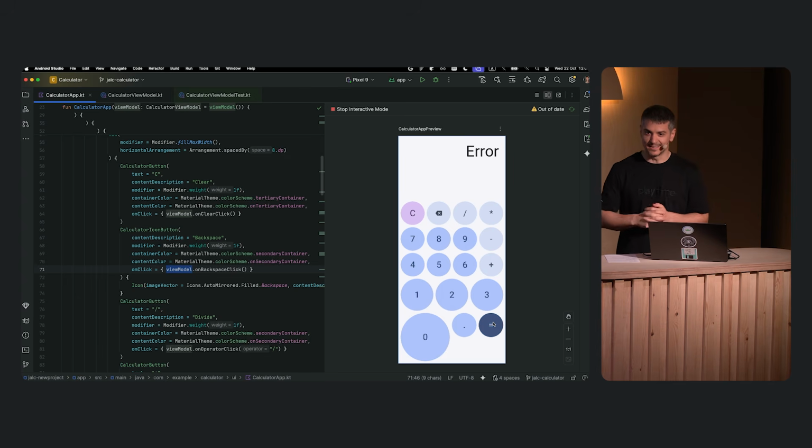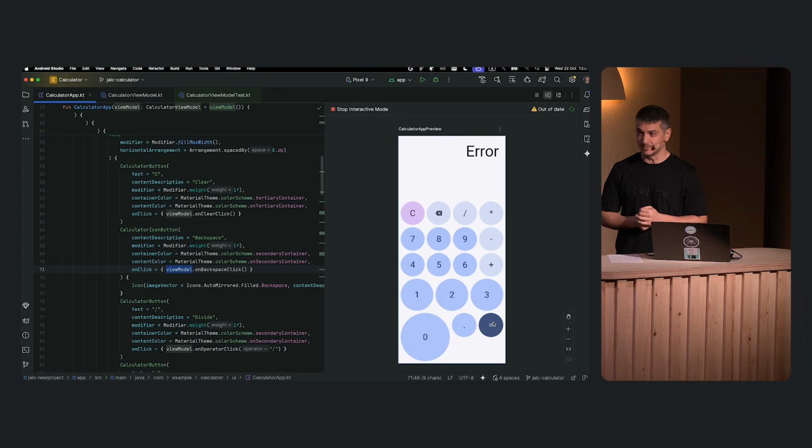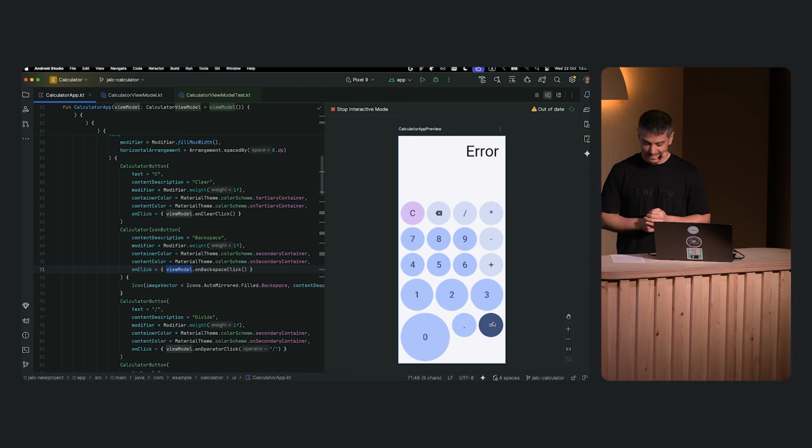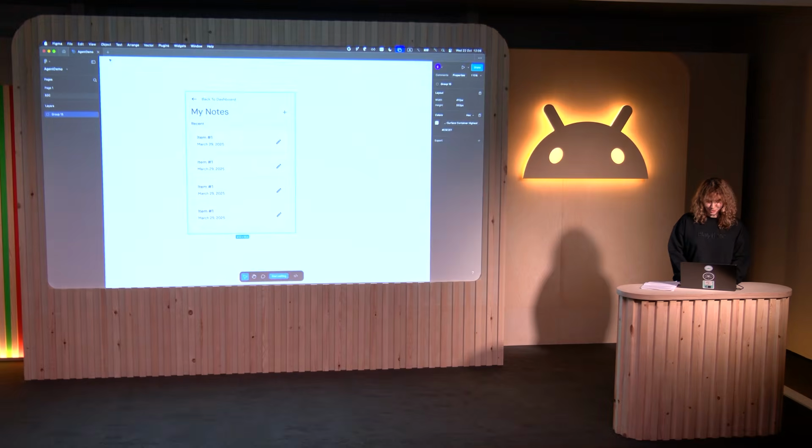Maybe we can try your own prompts later in the demo booth. So come over. But I hear you say, this is great, but I'm not going to be creating new apps all the time. I want to modify things that already exist. That's what Simona is here to show you. Cool. Okay, so